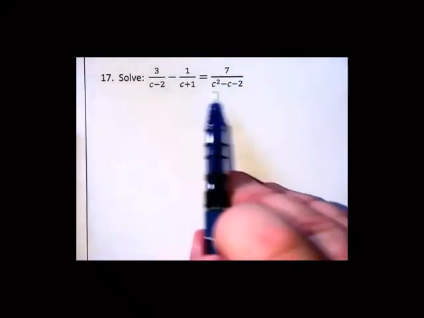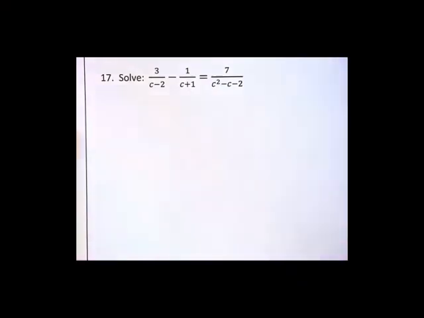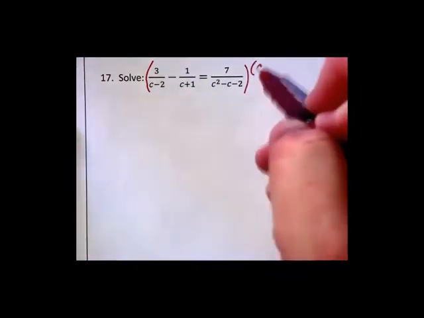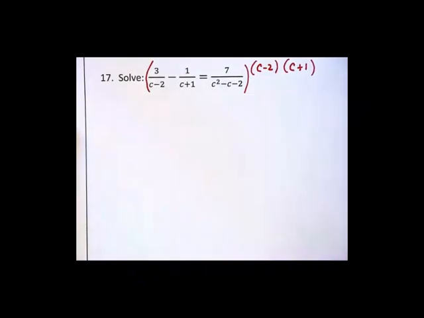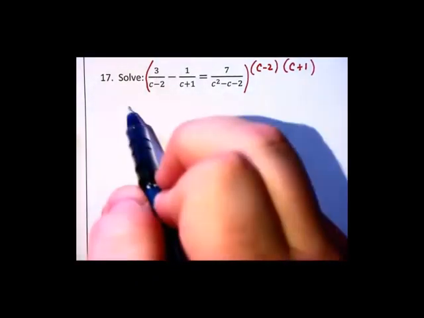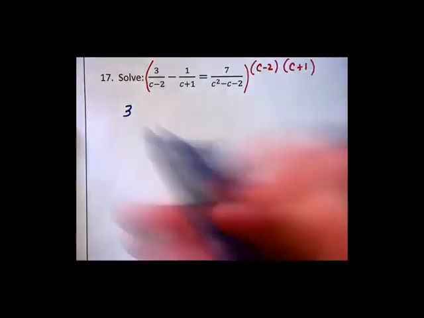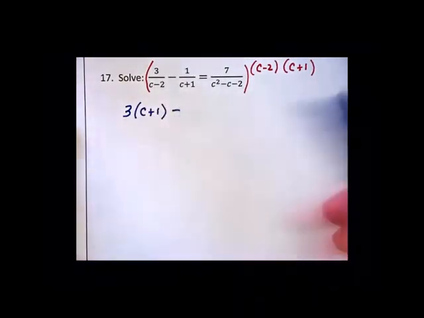Okay, we notice the third denominator. If we factor it, we get the other two denominators. That happens quite frequently. So we're going to multiply through by the least common denominator, c minus 2 times c plus 1. In the first fraction, we had a 3 up top. After the c minus 2's cancel, we multiply it by the c plus 1 that's left over, minus, then the